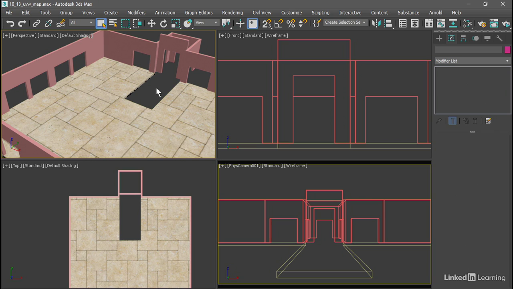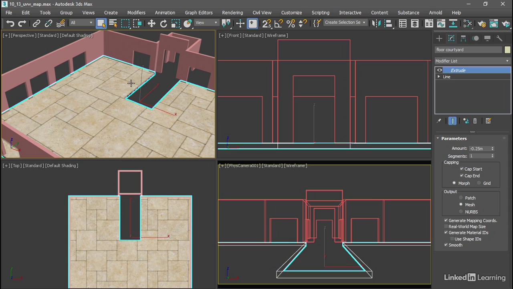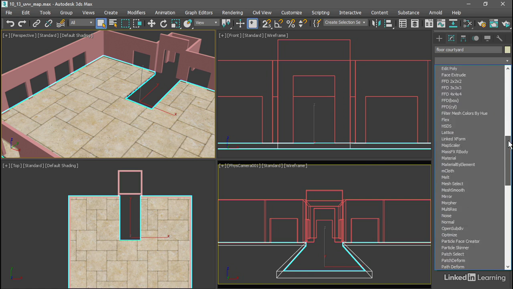So for example, in this version of the scene, I've got the floor here, and it just has default mapping coordinates. It started out as a line, and I extruded it, and I just enabled generate mapping coordinates. And now we've got, like I said, default coordinates. But we want to be able to specify the scale of a map and its placement on the surface. We do that with a UVW Map Modifier. With that object selected, in the Modify panel, go to the Modifier list, scroll down, and add a UVW Map